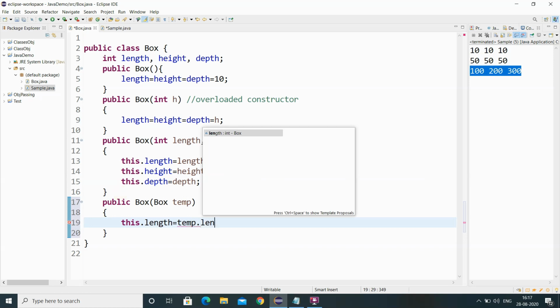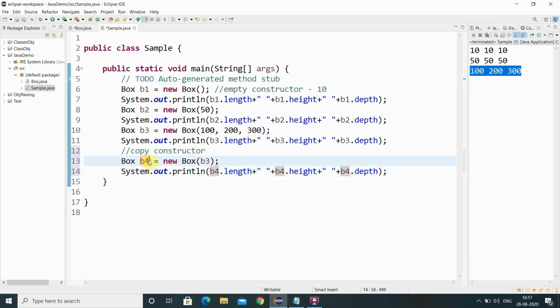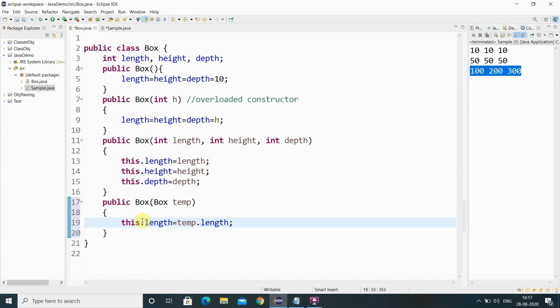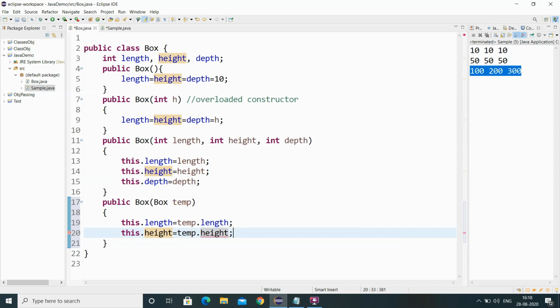Okay. So here it is length. So you see here, now I am assigning the Box 4's properties with the help of Box 3 properties. Whatever I am referring with the this keyword, that will be object B4. Whatever I am accessing with the temp, it is for object B3. Okay. So now this dot height: the height of the Box 4 I am getting from the height of the Box 3.